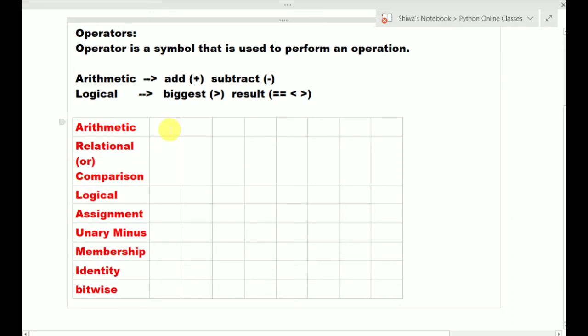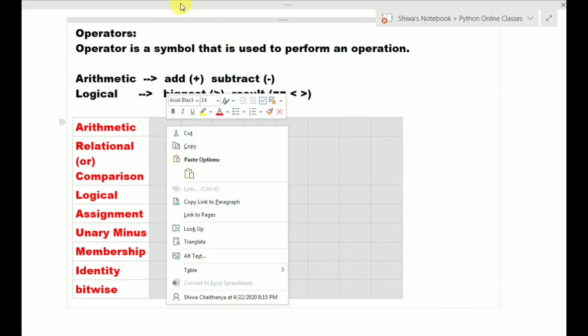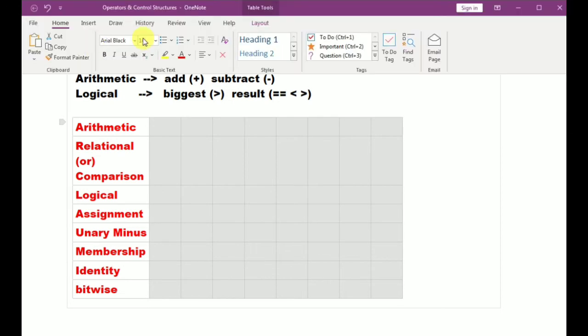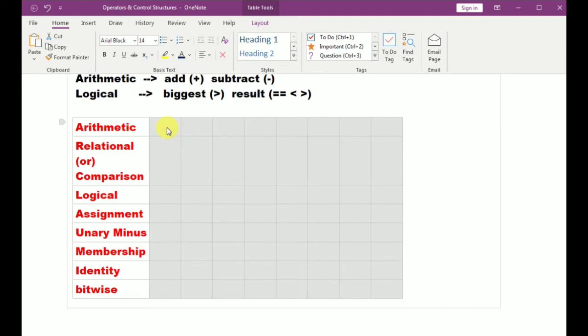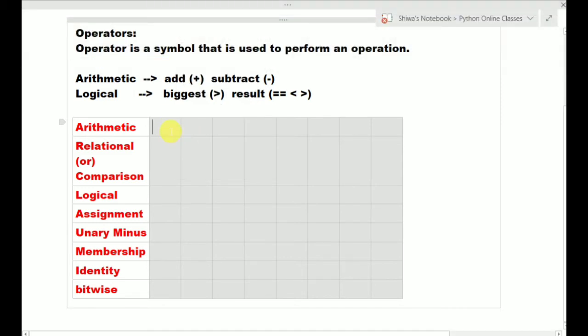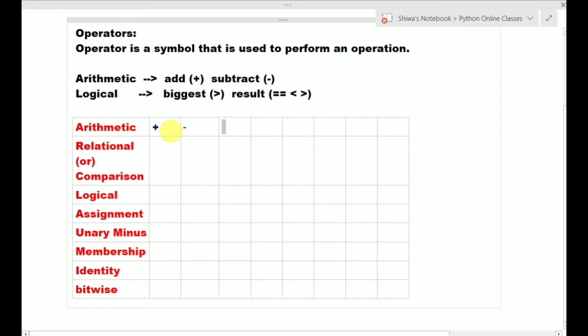Okay, now see here. I am writing the list of arithmetic operators. Python provides arithmetic operators such as plus, which is called addition, then subtraction, minus, then multiplication, then float division, then integer division, for which double slash is the symbol.